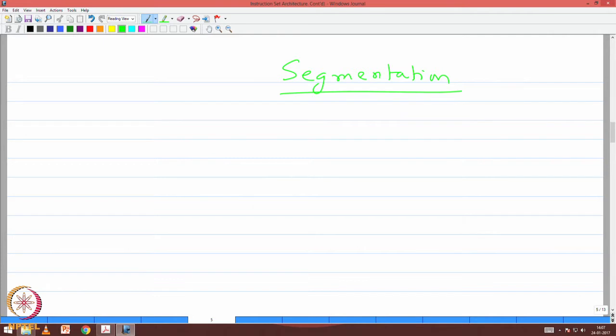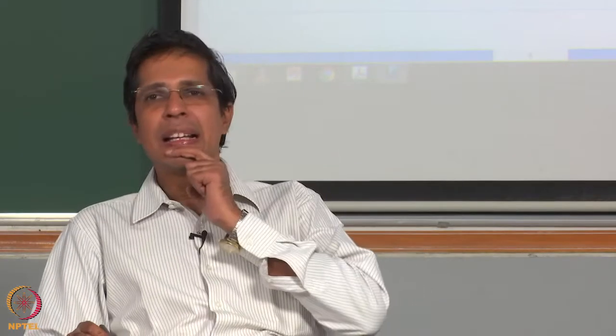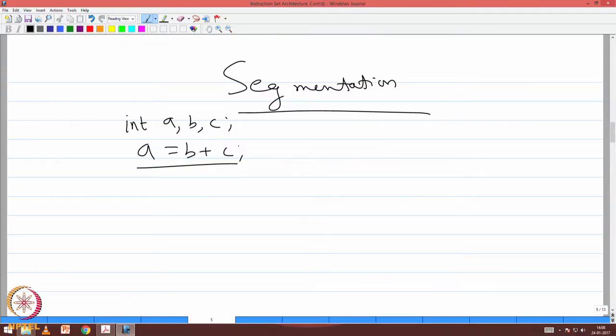Okay, right. So when we write an assembly program, suppose I say I want to write A equal to B plus C. Fine, okay, I say int A, B, C, A equal to B plus C. Now please understand